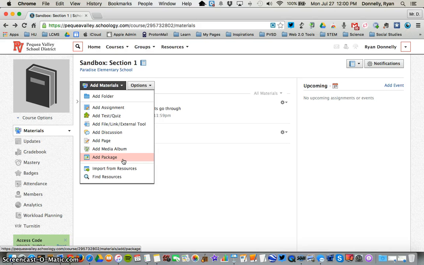So those are some of the materials that you can add in Schoology to connect with your students or connect them to outside resources. This is just the jumping off platform of what you can do to start engaging your students inside of